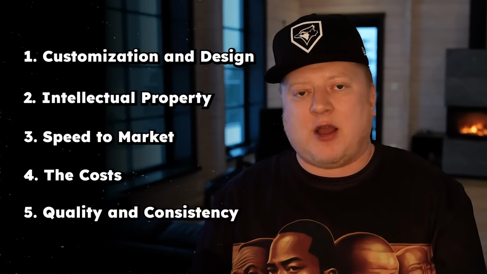Finally, number 5, quality and consistency. While those two words might seem like they're basically hand in hand and have a lot in common, to me, the reality is actually quite different. With OEM, you're going to see consistency. This is a product that is tried and true, right? At least it's been made and sold and probably coming off the assembly line at a pretty quick rate. However, when it comes to quality, you can't really control the quality because what's done is done. The factory has already made the molds, has already made the tooling. While it may be consistent, the quality is almost completely out of your control.